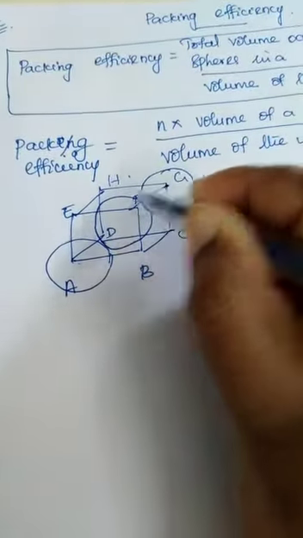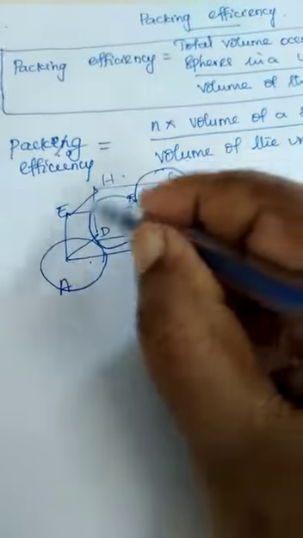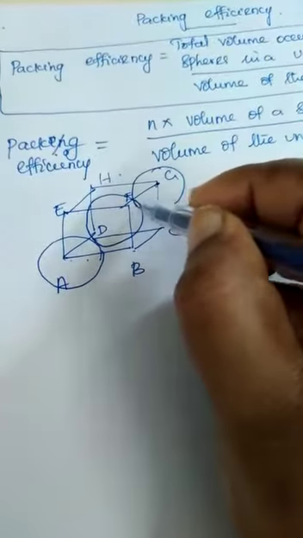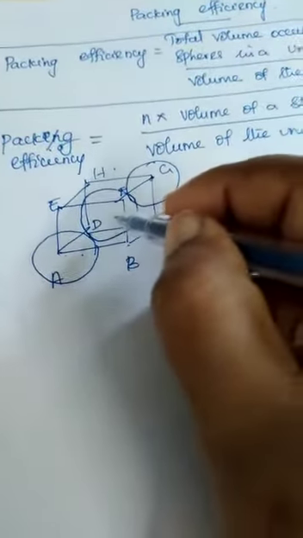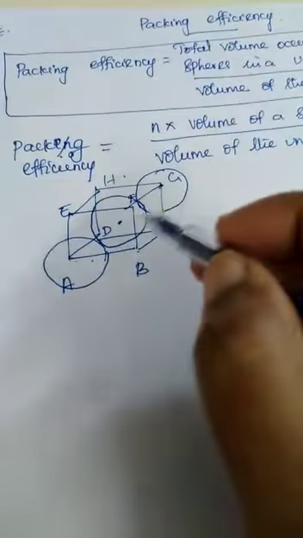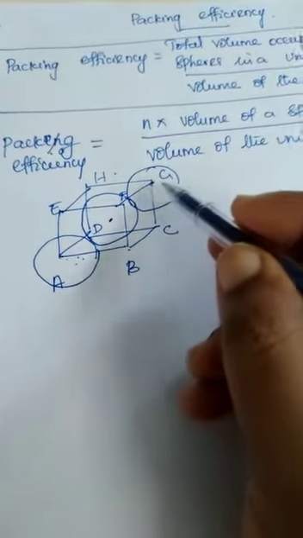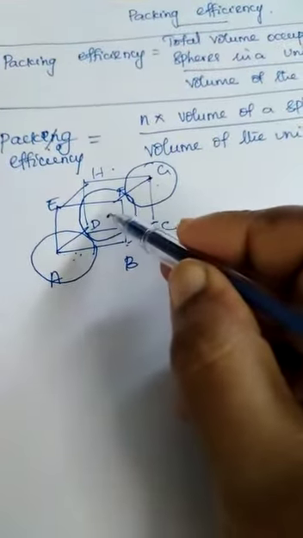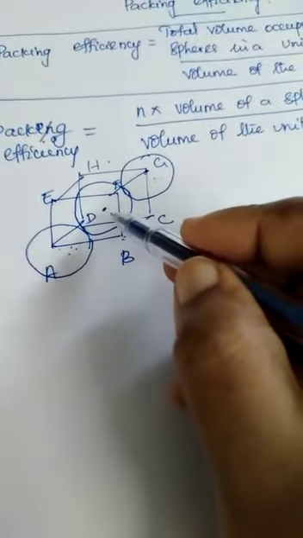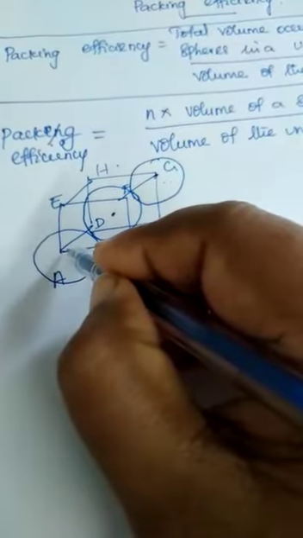The atoms at the corners will not touch each other, but all the atoms at the corners will touch the atom at the center of the crystal. So that is what we studied. Now look at this diagram. These two corner atoms, that is the atoms at A as well as G, are touching the atom at the center, where I am going to calculate the radius.